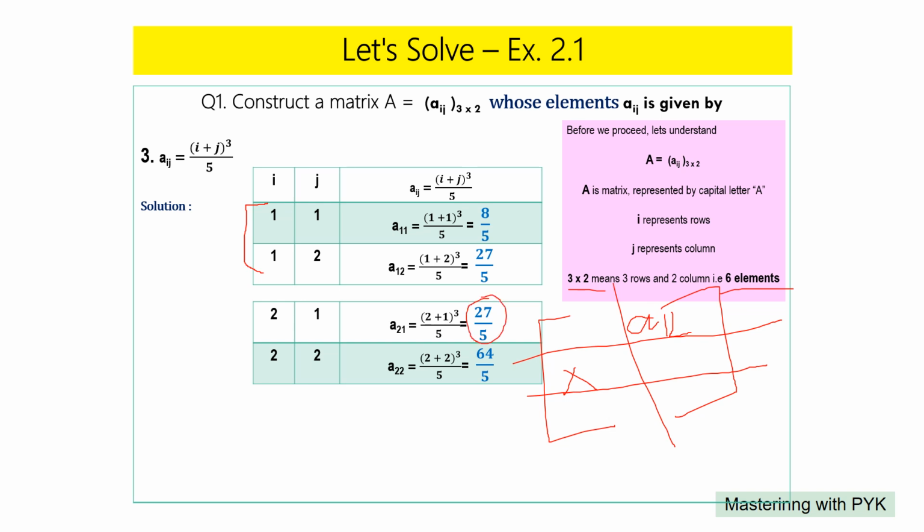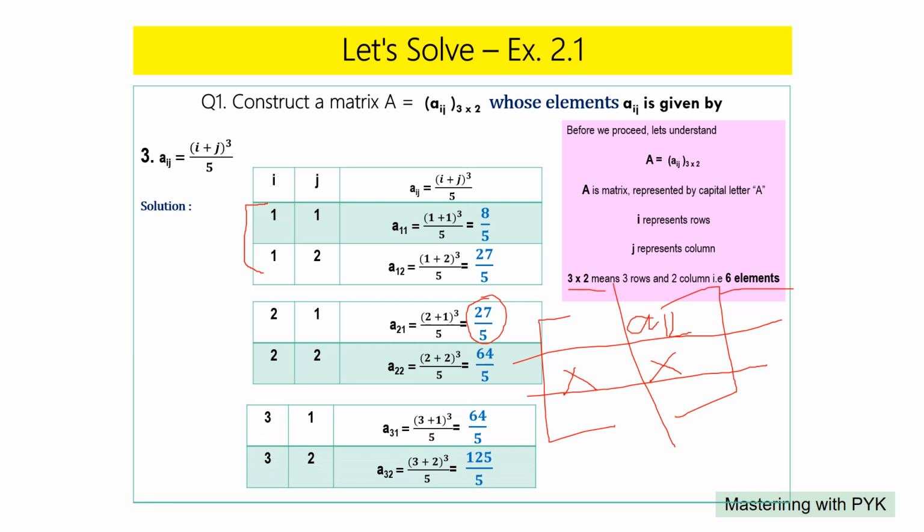A22. So we are here now. We have (2 plus 2) cube divide 5. So 2 plus 2 is 4. 4 cube is 4 multiply 4, that is 16, multiply 4, 64 by 5. The third row, this position,